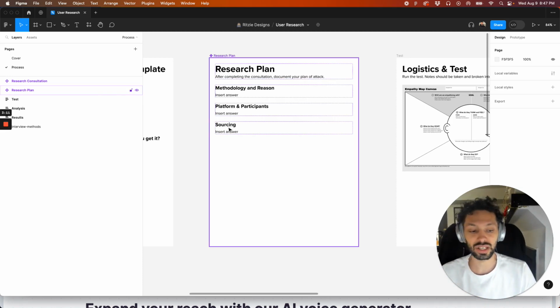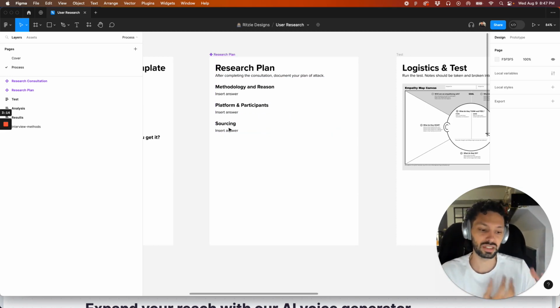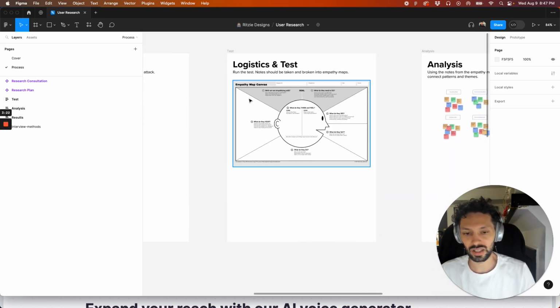And then how are you going to get them? Well, this person's supposed to get 6 to 8, or we're going to use Zoom users based on this information. So once you have that, and this is actually more around what happens during the test,